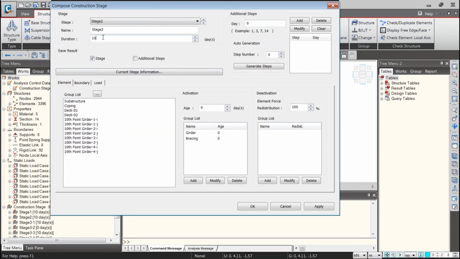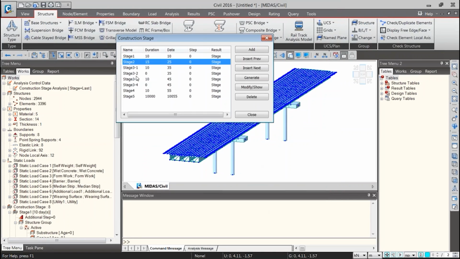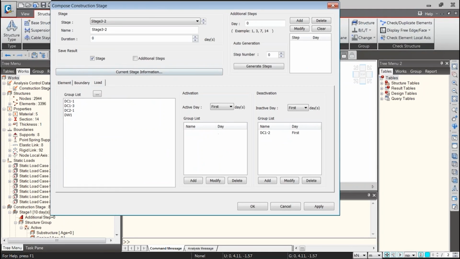Suppose I change the duration of stage 2 to 15 days, and I want to change other things like the load. I want to inactivate it in the last day.